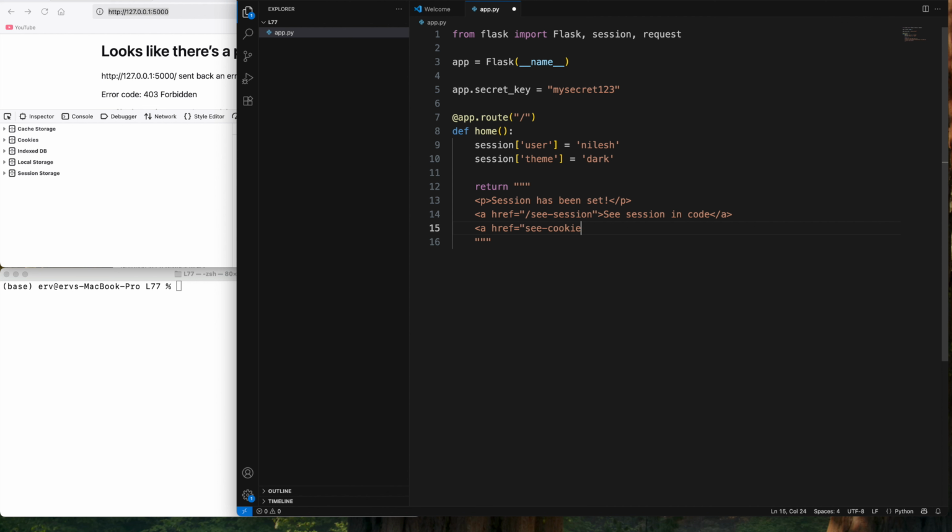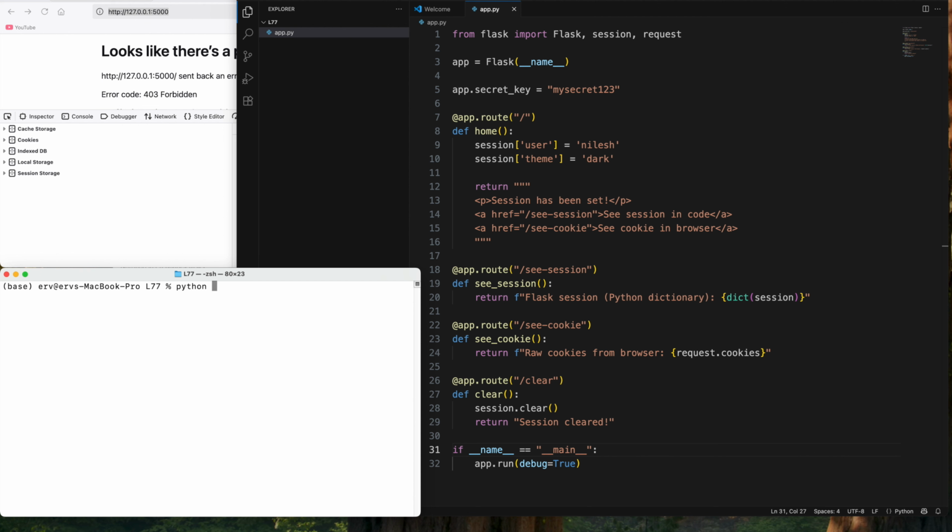Cool. So with this, I think our code is ready, and we can now run this file in the terminal. I'm already in the L77 folder, which we created our project in, in VS Code. Now just type python app.py,